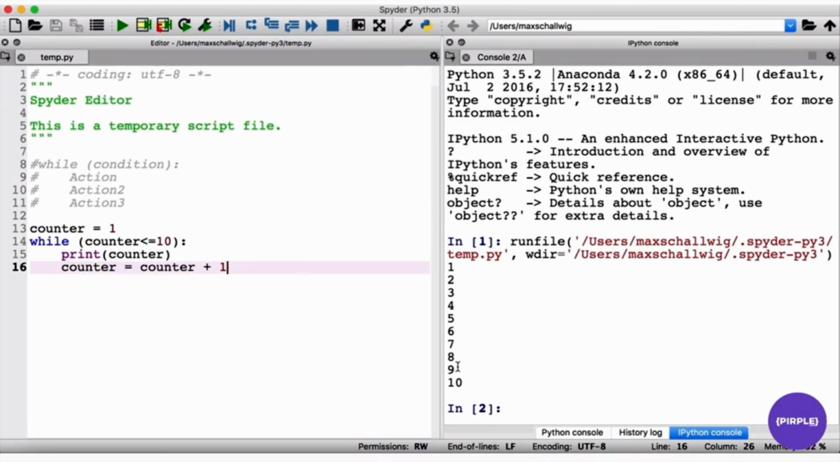And then when we're at 9, so 9 is less than or equal to 10, so we print out 9, which we see here. Now our new counter variable is equal to 9 plus 1, so it's equal to 10, and now we see, 10 is still less than or equal to 10, so 10 is equal to 10, and then we print out